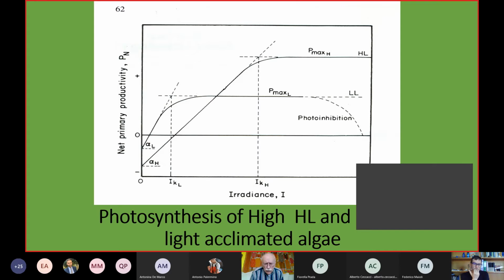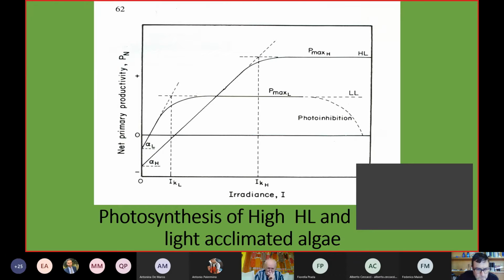Now, if you look at the photosynthesis to radiation, to light intensity curve, it is called the PI curve. Today, for some reason, the I has been replaced by E instead of irradiance. Its energy doesn't really matter. Now, look please at the two graphs. One is labeled HL, high light, and one is labeled low light. So look at the dark, at 0 light intensity.